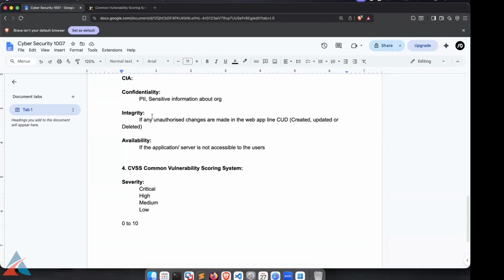Any unauthorized change that is made on the web application or on the infrastructure, whether create, update, or delete, is categorized under integrity. Here, when I showed you the demo, the attacker took over the account of that particular person.